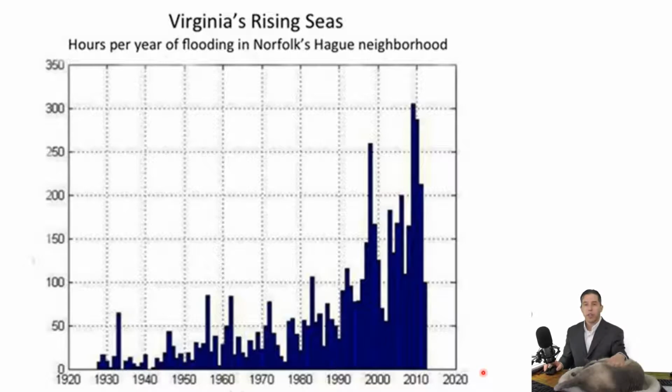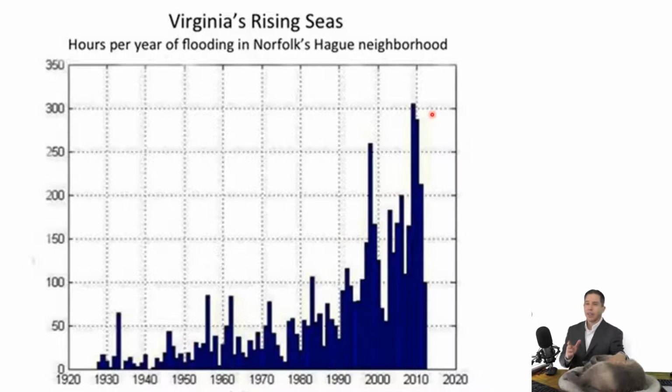Another way that you can see this is just another example from Virginia and Norfolk. So this is along the coast, and this is kind of a weird graph. It's hours per year of flooding in this particular neighborhood. So somehow or another, I don't know who thought of this, but they started to record how many hours per year this particular neighborhood was under flooding. And so back in the 30s is when they started this. And you can see that as time has gone on, they see more and more hours of flooding in this